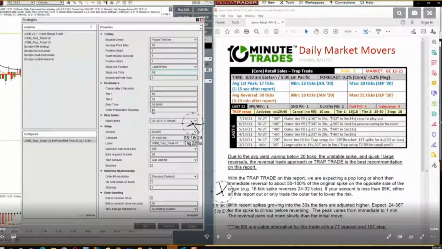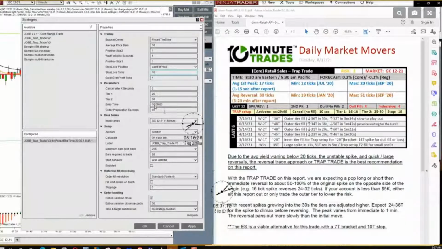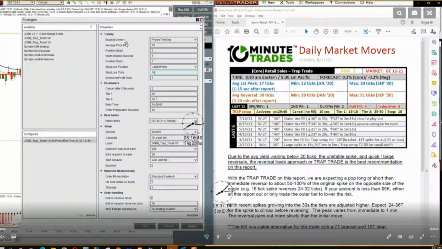So if your preparation is 20, then 20 seconds before the report is released, your orders will show up on the chart. The entry time just sets the software so it knows what time the report is scheduled to be released. So if you have an 8:30 report, the entry time should be 8:30.